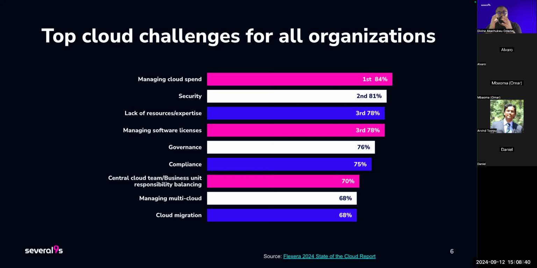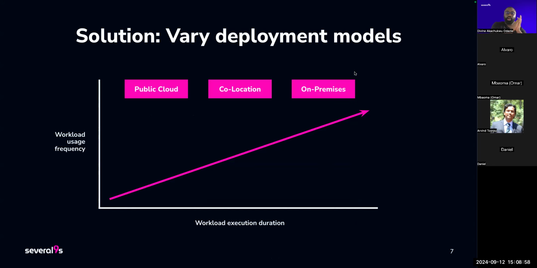Beyond these top three challenges that are listed, there are governance and compliance, which are key to organizations that need to fulfill some form of data sovereignty requirements. But then again, we've been talking about challenges and struggles, so how do we tackle them? The solution will be varying deployment models. Although the cloud has more sophisticated infrastructure compared to various organizations, in order to save costs, be secure, and scale as you want, how will you achieve this?